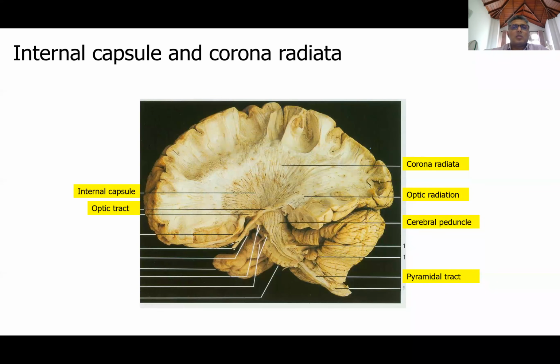Even though they start from the whole cerebral hemisphere, they will ultimately have to go through a very small, narrow area in the brain, which is called the internal capsule. Even though it passes through a narrow area and continues down into the spinal cord through the brain stem,